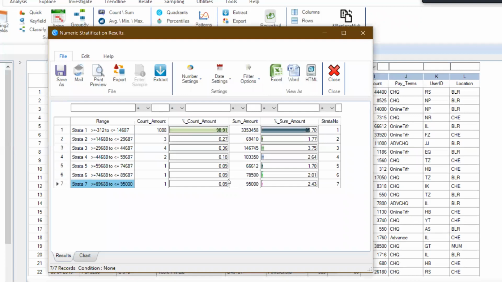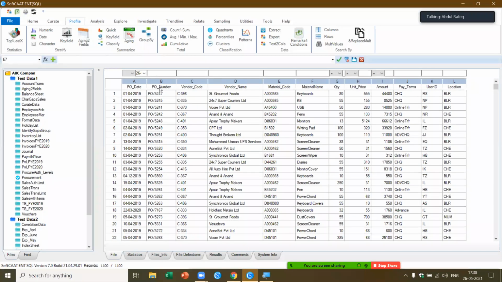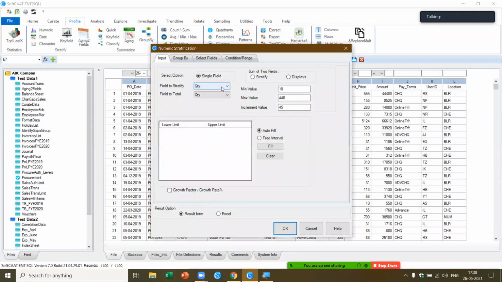Now let's say here I've got this 98%. I would like to further break it down into lower values. The same thing I can do: I come to Stratify, numeric. Here I pick up the value, which is the amount.